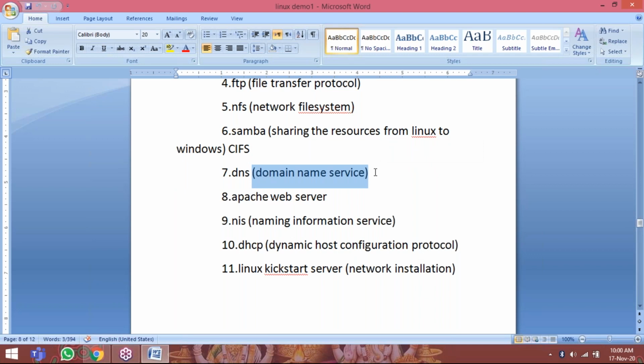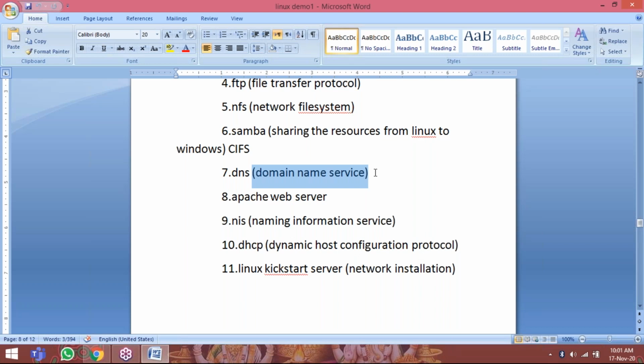Next, Apache web server. So Apache is a web server to configure the websites in the system. So whatever the websites we are going to use, how to configure that websites, we can have different types of websites like IP based websites, name based websites, single IP multiple websites, single IP single website, dedicated website, and port based websites. Like how to set up websites in the Linux, we are going to use Apache web server.